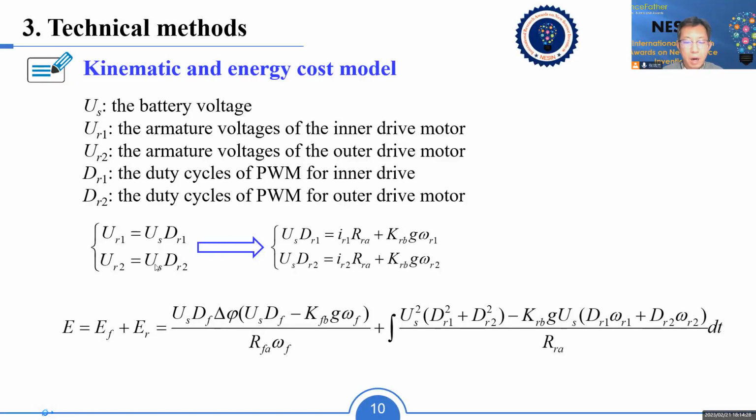Most of the armature voltage is converted into back electromotive force, which is used to drive the motor to rotate. A small part of it is used as the voltage of internal resistance. Therefore, the armature voltage of the rear wheel motor can be reformulated as this formulation. The energy consumption of a pass is usually evaluated by the motor power consumption. Therefore, the energy cost model is established by analyzing the energy consumption of two rear drive motors and one front